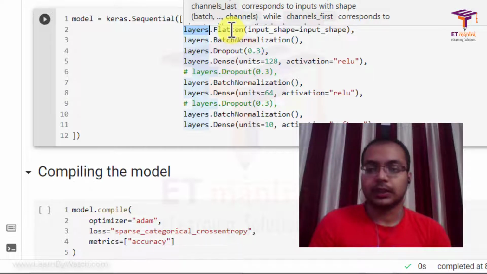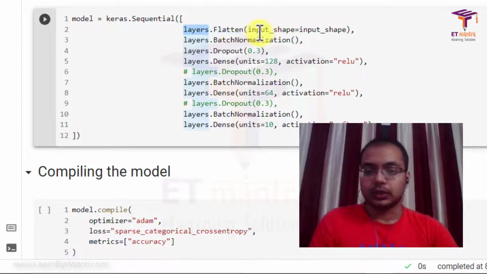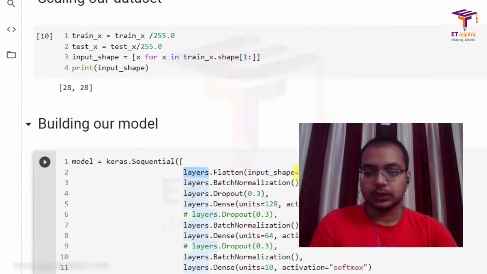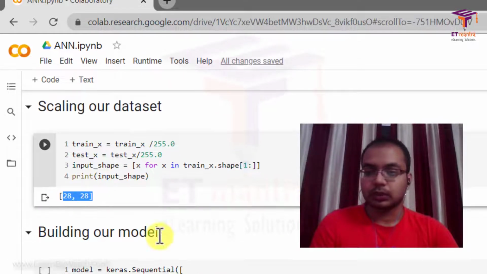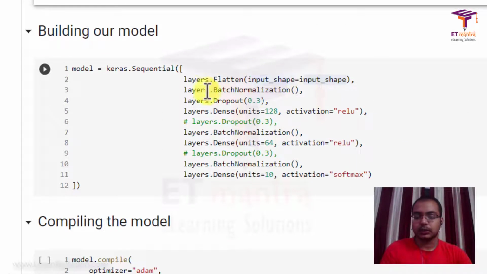That is what flattening means. For this we need to give the input shape, which goes from here, the 28 by 28 is passed as the input shape. This input shape has only to be given to the first layer, and the rest of the layers can find out themselves what will be the input shapes for each of those corresponding layers.